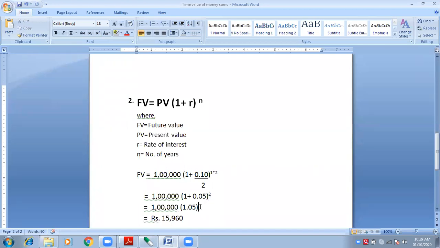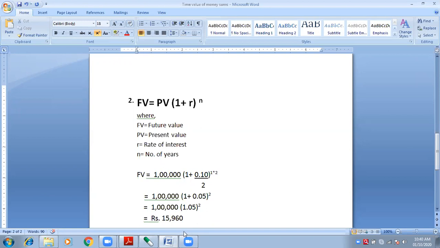Slowly. See, the important step is to put the formula. The next important step is to put the values in the formula. After putting the values, there is not a difficult task. Solving it is not a difficult task. Putting the right values is a difficult, challenging task. Okay. Now, as per the values we have used, we will start solving the